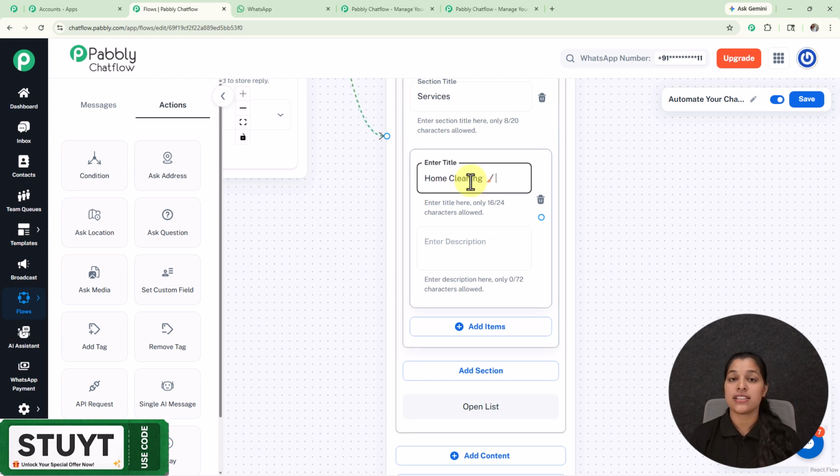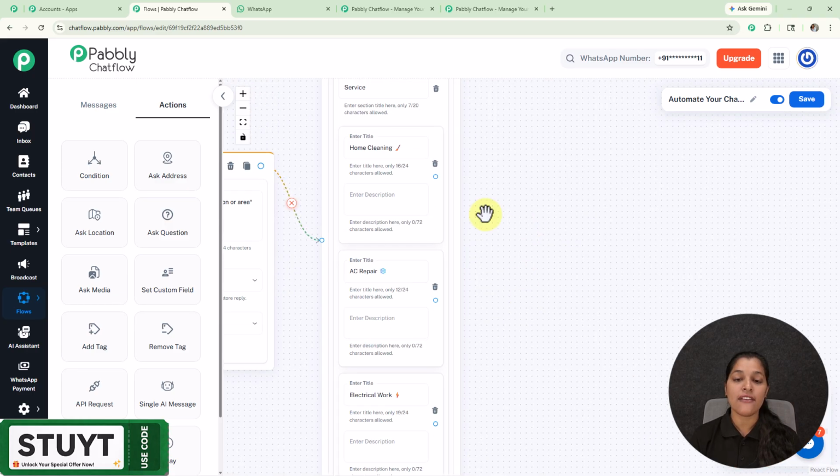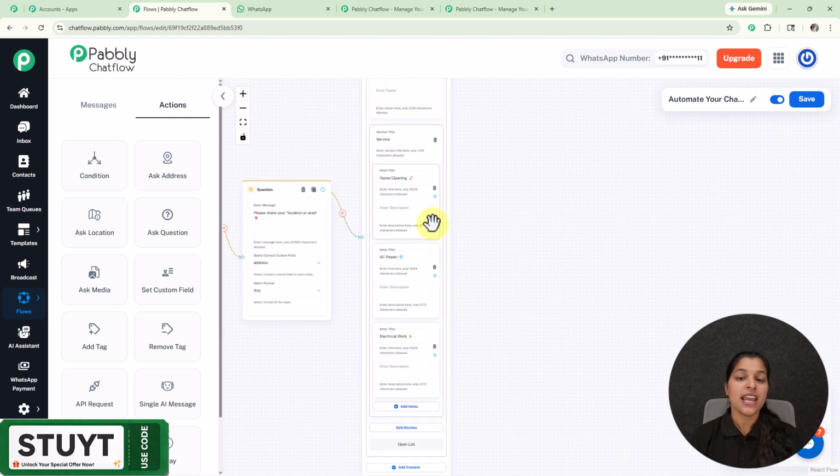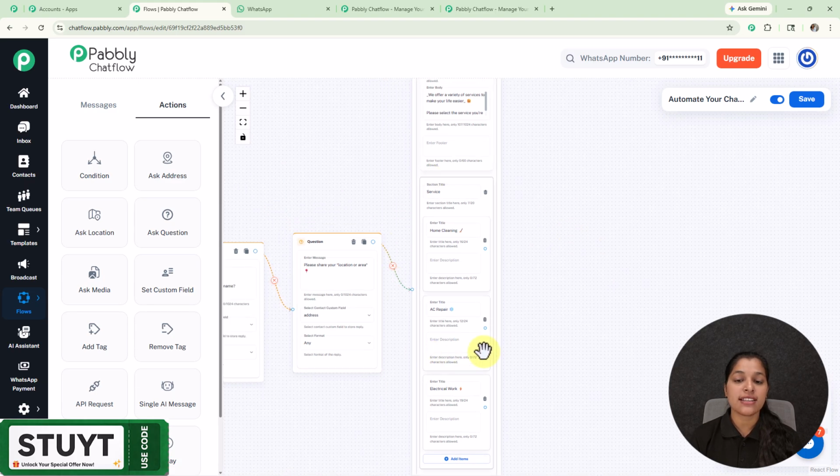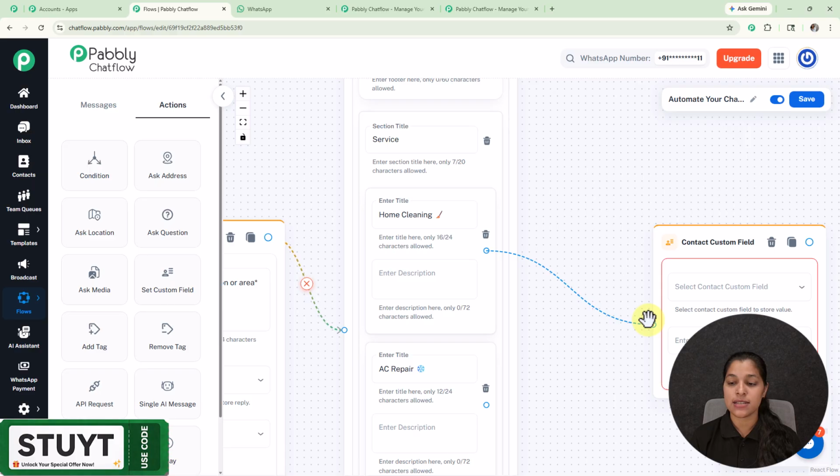So here I have entered it. Now likewise I'm going to add some more services to this list. So here I have added some more items to my list. Now I'm going to provide contact custom field to all these list items so that I can get the service which my user has selected, and for that we can find a node over the actions block that is set custom field, and here I'm going to connect it with my first list item,